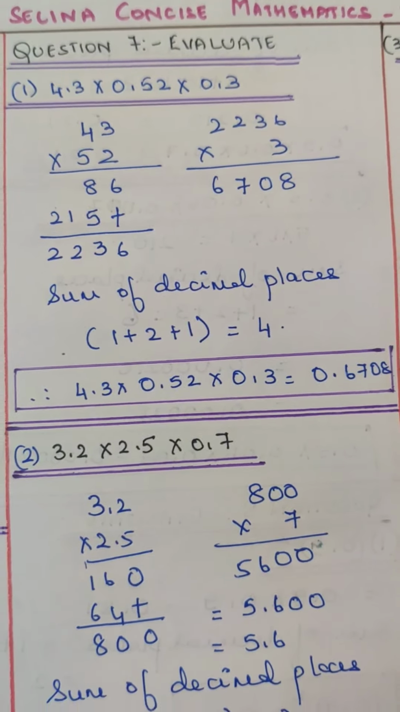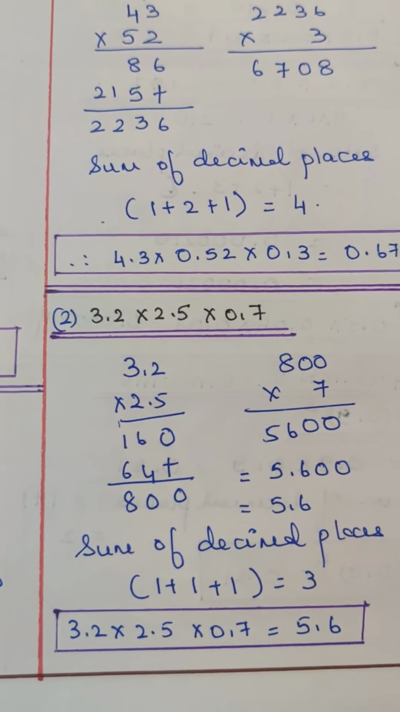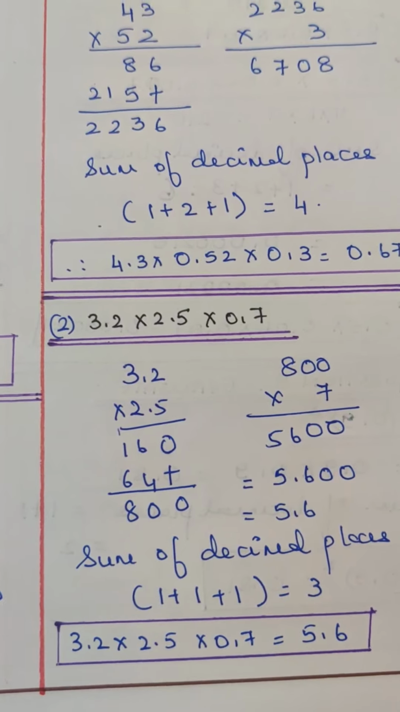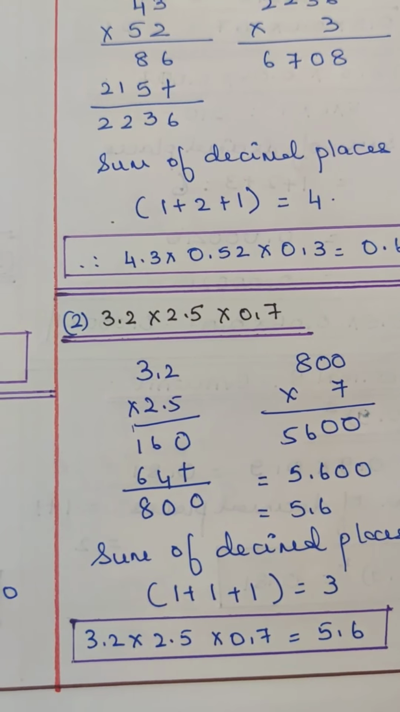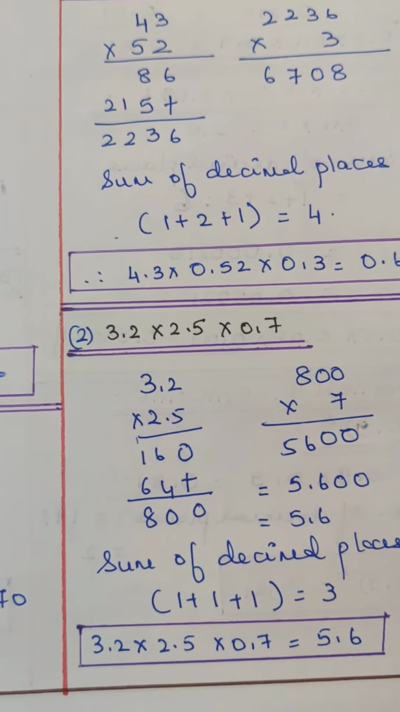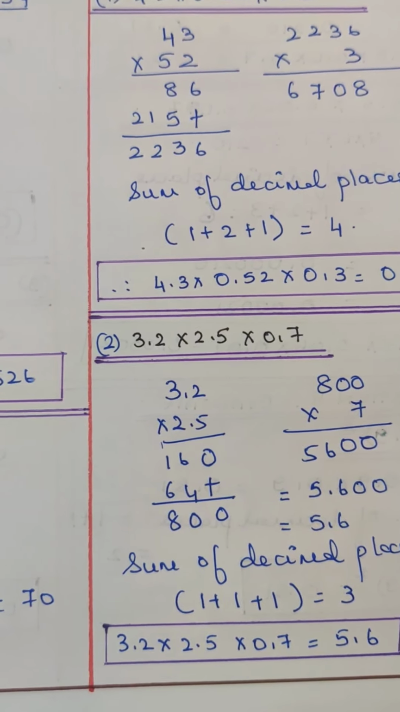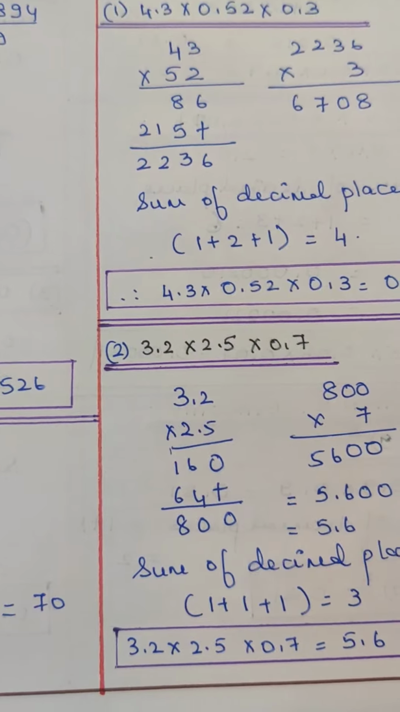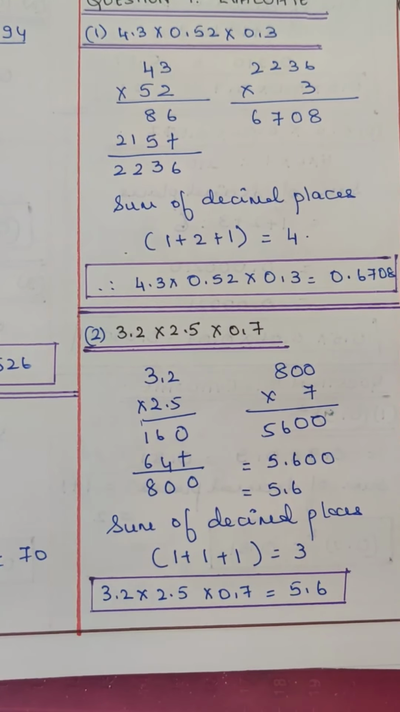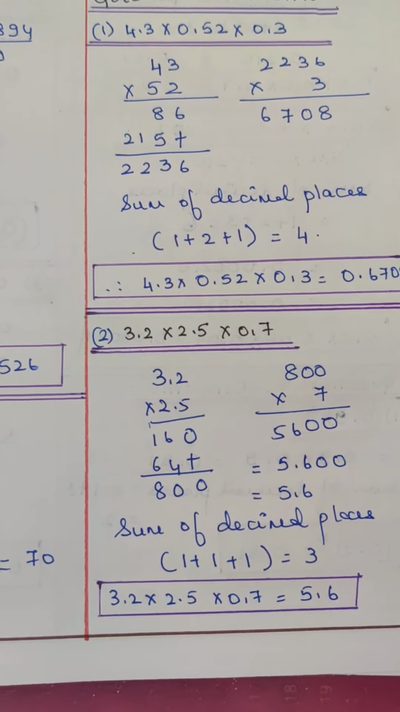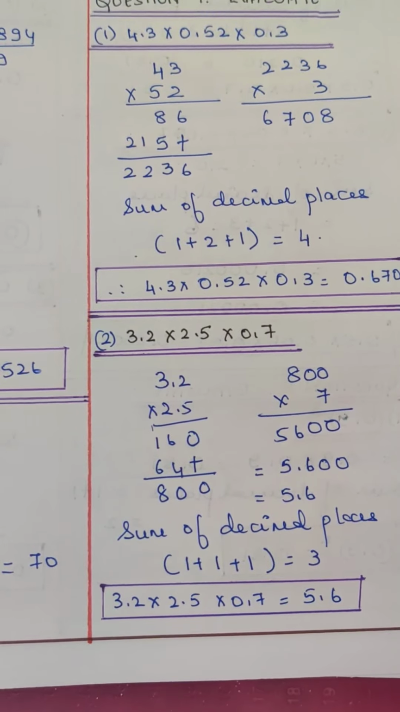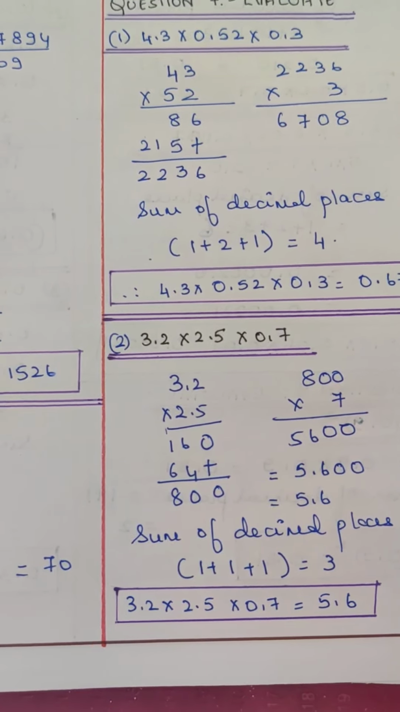0.6708. Now you have 3.2 into 2.5 into 0.7. When 3.2 into 2.5, don't take any decimals. So the answer is 800. So 800 into 7 is 5,600. What is the sum of the decimal places? So it is 1 plus 1 plus 1. So it is 3. So when you move from the right hand side towards the left hand side, you mark